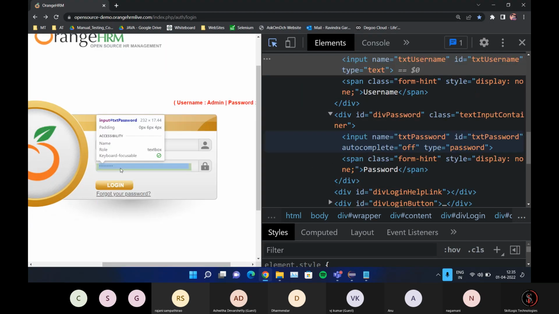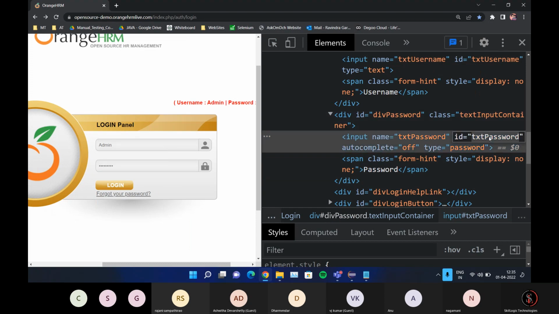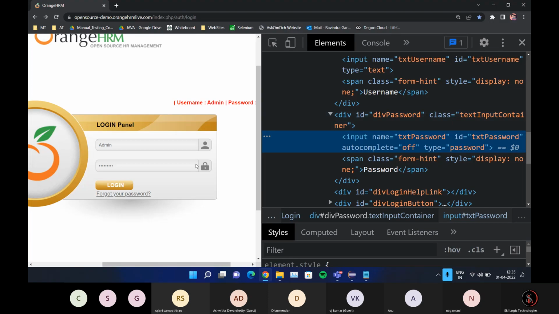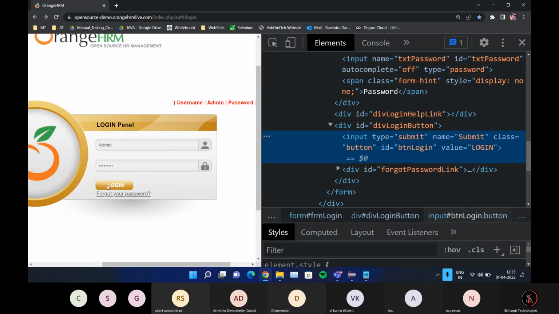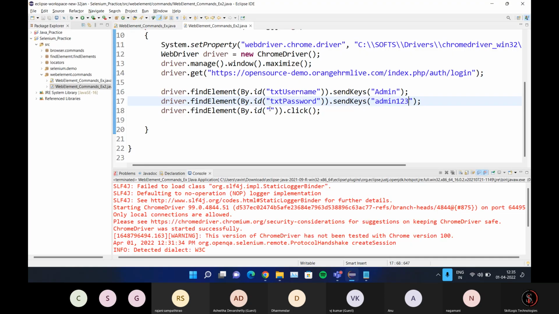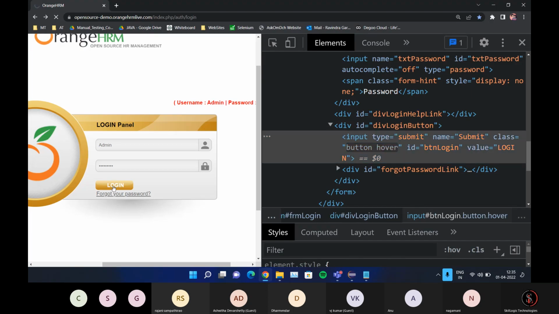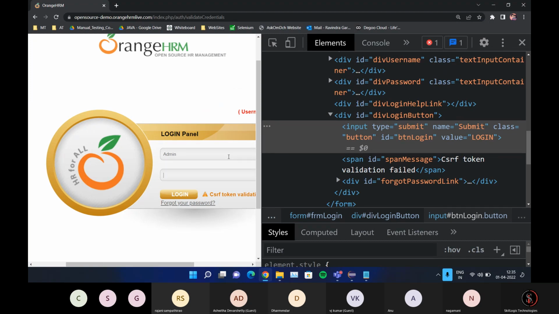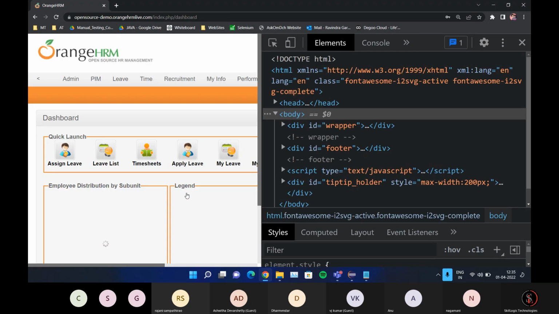For the password, there is ID txtPassword, where I'm going to enter admin123. Now I want to click on this login button, where ID is equal to btnLogin. Once I click on login,